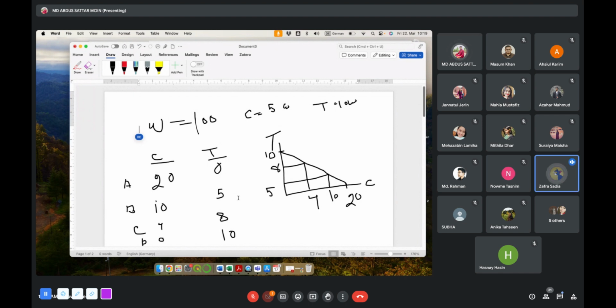ওকে, জি স্যার, এবার ক্লিয়ার। এইভাবে যদি তোমার বাকি সব ফ্রেন্ডরাই একসাথে সিঙ্গারা বেচা শুরু করো, তাহলে সিঙ্গারার প্রোডাকশন কি হবে? বৃদ্ধি পাবে। তো এখন 100 জন নতুন সিঙ্গারা সেলার যদি আসে, তাহলে তো অবশ্যই তোমার সাপ্লাই বাড়বে, কোয়ান্টিটি সাপ্লাই বাড়বে, সাপ্লাই কার্ভ রাইটওয়ার্ড শিফট করবে। ওকে, জি স্যার। ওকে, নেক্সট।